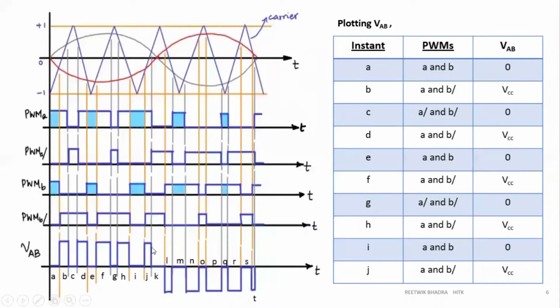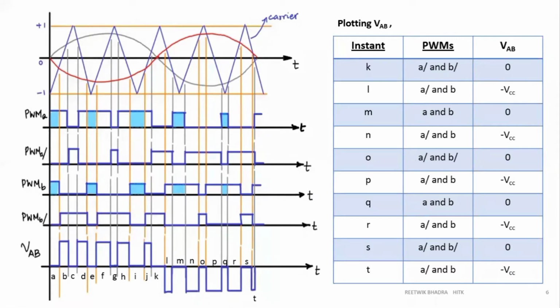Next, have you understood how you got 0, VCC, 0, VCC, 0, VCC? See, it is following a rule. After 0 comes VCC, then again 0, then again VCC. This is how you can remember this circuit: first is 0, then VCC, 0, VCC, 0, VCC, and it goes on.